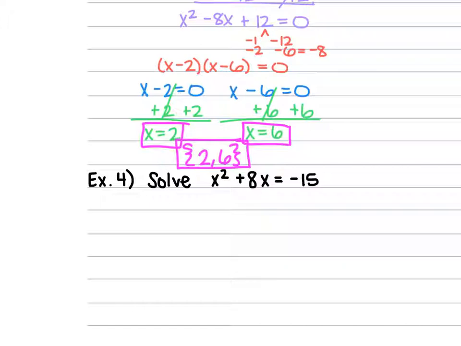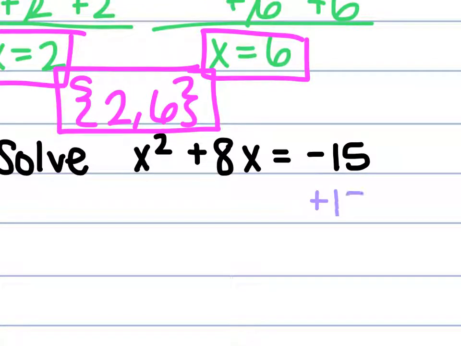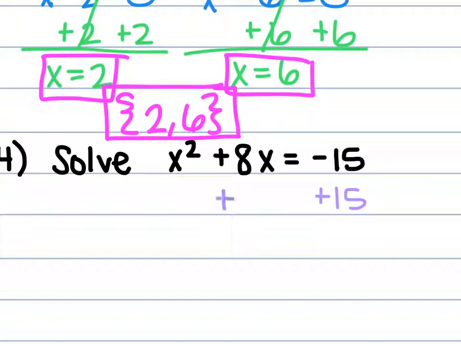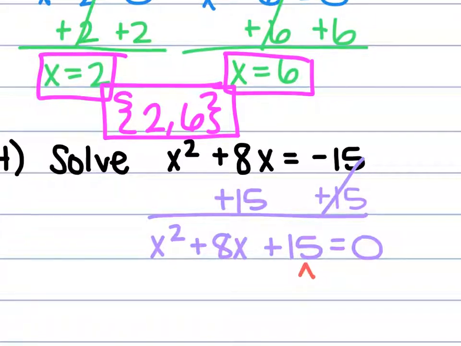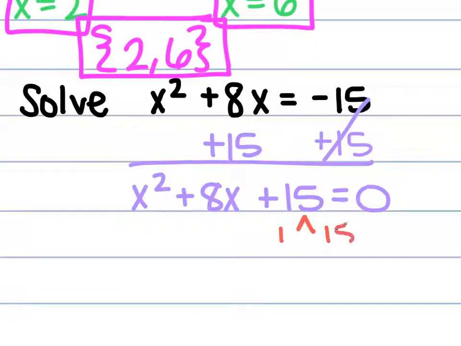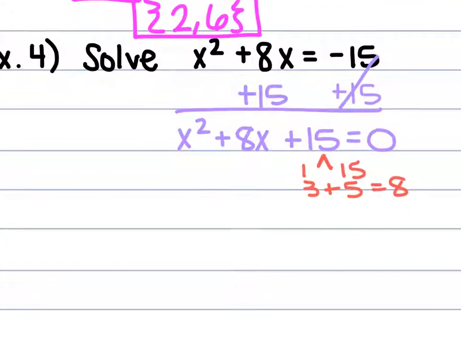For example 4, we have x squared plus 8x is equal to negative 15. So we're going to move that negative 15 over by adding it to both sides. And this is going to leave us with x squared plus 8x plus 15 is equal to 0. Find the factors of the 15 that add up to be the 8. So we're going to have 1 and 15, 3 and 5. Well, 3 and 5 equal 8. So this will split up to be x plus 3 times x plus 5